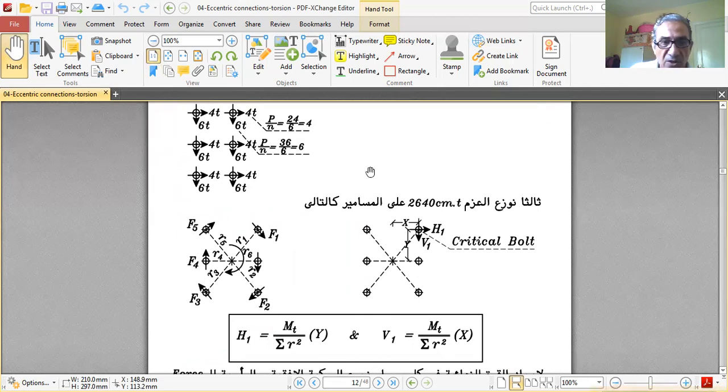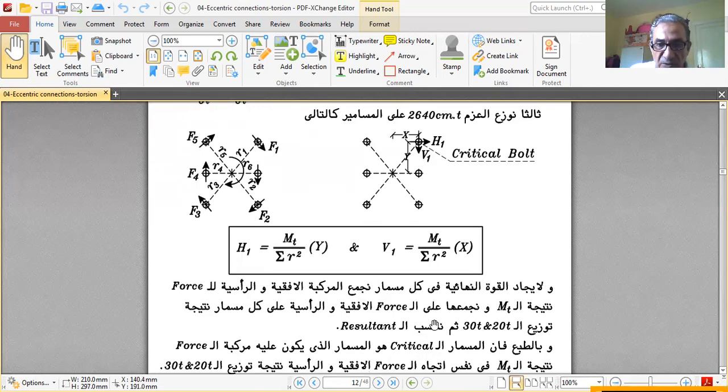That's one way. Or easier yet, add H1 to this H and V1 to this V, get H total and V total, and get the resultant. So to get the final force in the bolt, we add up the horizontal